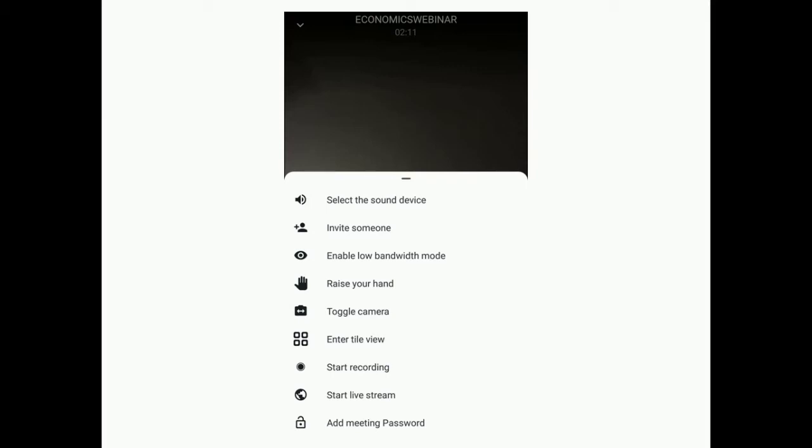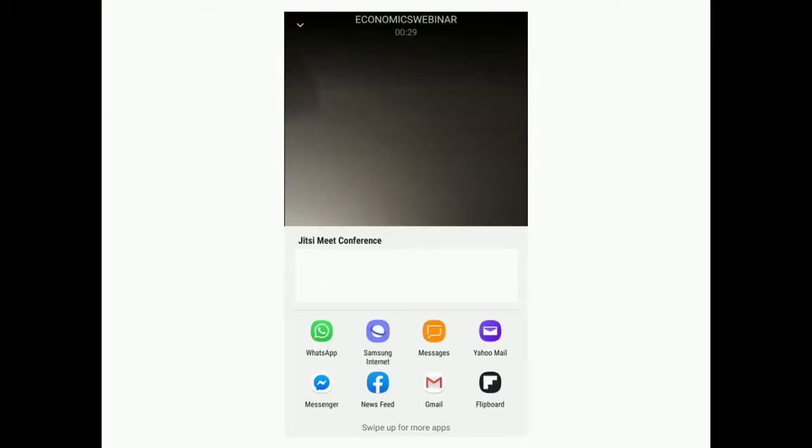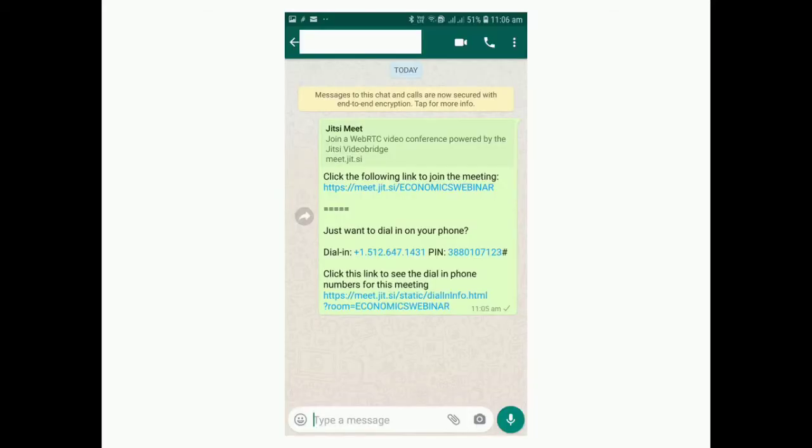Now you have to invite the participants. If you have got the mobile number, you can invite them via WhatsApp. If you have got their mail ID, you can send the link to their mail ID. Either it can be via Yahoo or Gmail. So how it will reach the participant, you can see over here.